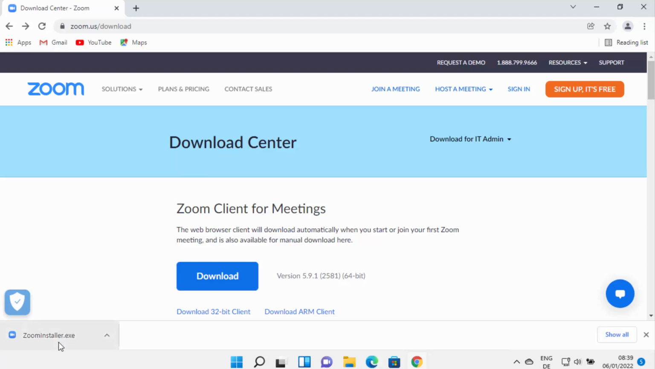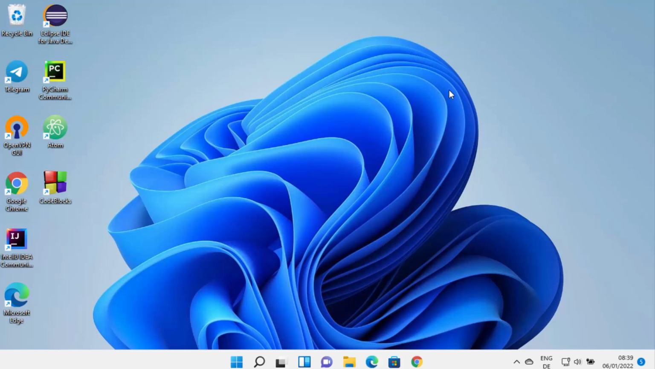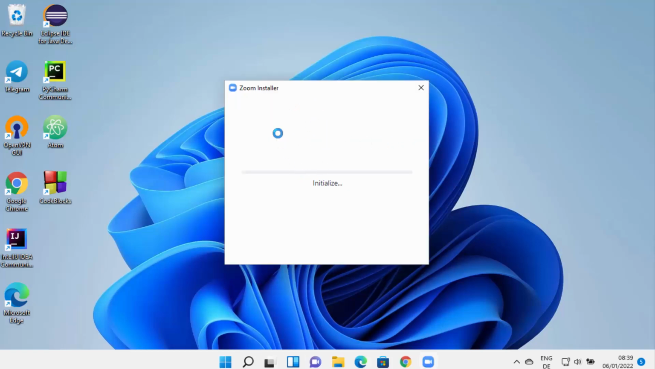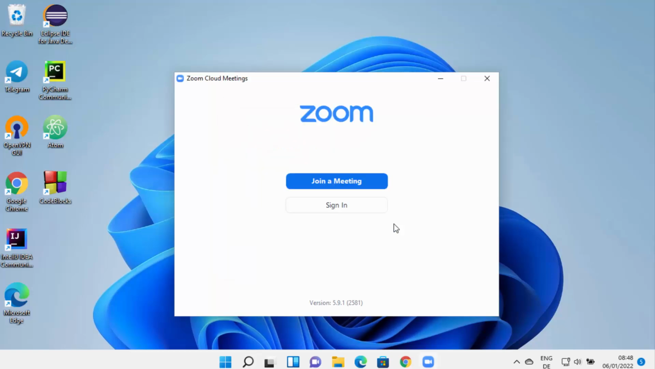file. And once this ZoomInstaller.exe file is downloaded, just click on this file, and I'm going to minimize my browser. So you can see it's initializing the Zoom installer, and after some time you will see this message which says the installation was successful, and you just need to leave this checkbox checked, which is going to automatically keep the Zoom desktop client up to date, right? I'm going to click on done here, and you can see this Zoom app has been started on my Windows